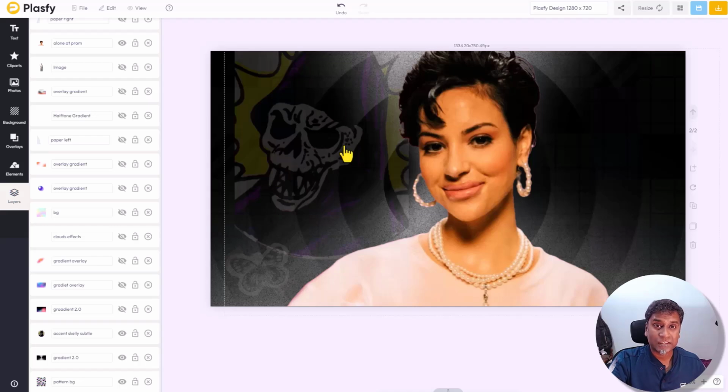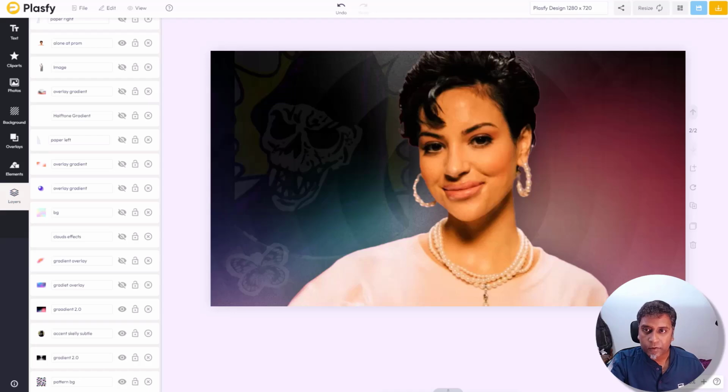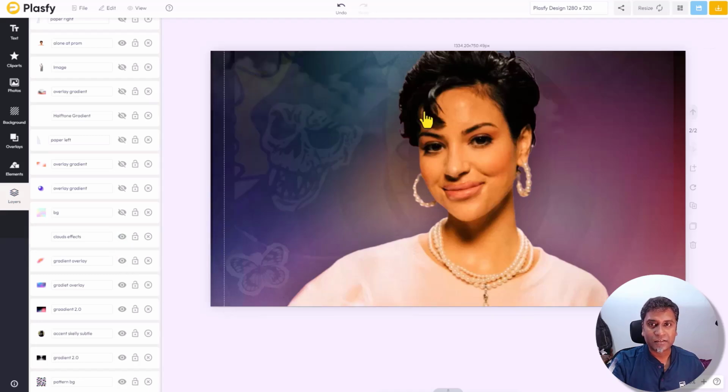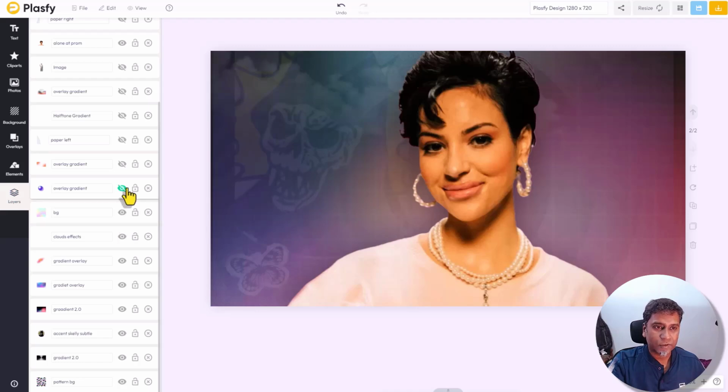Okay, then let's go to the accent. We have these skeleton accents there. We add another gradient. Now you can still see the patterns from the bottommost layer there. So let's add another gradient. So we are adding these gradients at the back to make the person stand out. We're adding a clouds effect. Would you ever think that you're going to add clouds to a design like this? No, but you could add them anywhere you want. We add another background gradient, another gradient, another gradient.